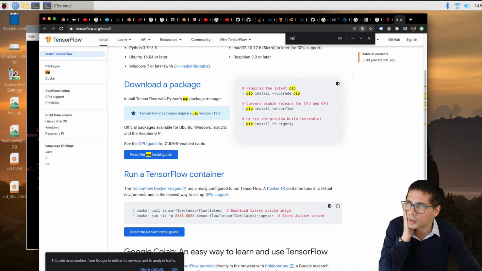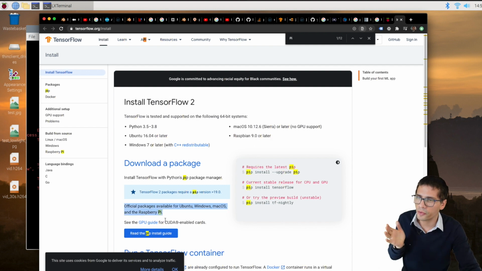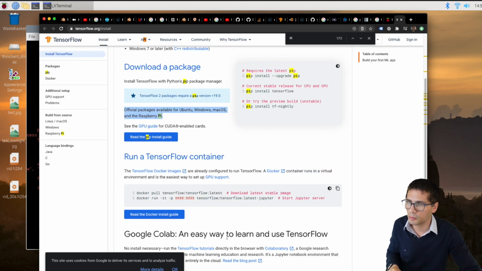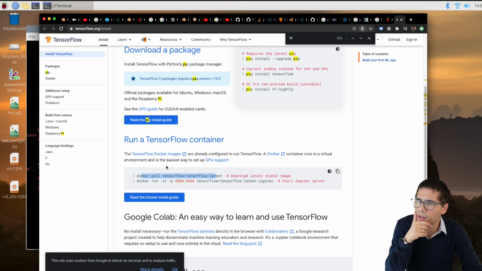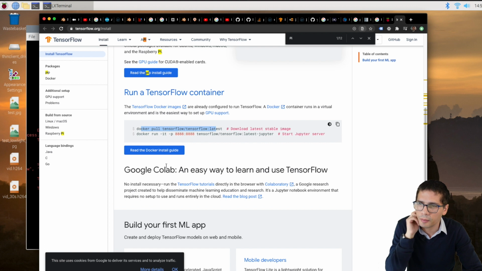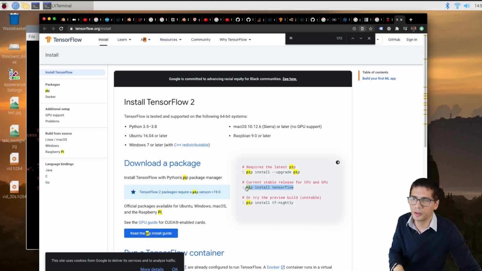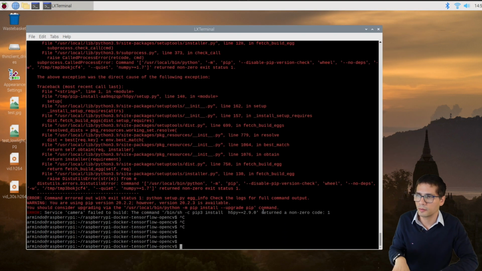So this is another guide for installing TensorFlow 2 on a Pi, right? It does have official packages, so why am I doing this here? I'm just trying to build something that I don't need to build. I looked earlier at the Docker containers that TensorFlow releases. I couldn't find any Docker container already set up for the Raspberry Pi, so I'm a bit confused, honestly. But I could just do this and see what happens, and skip that horrible error.